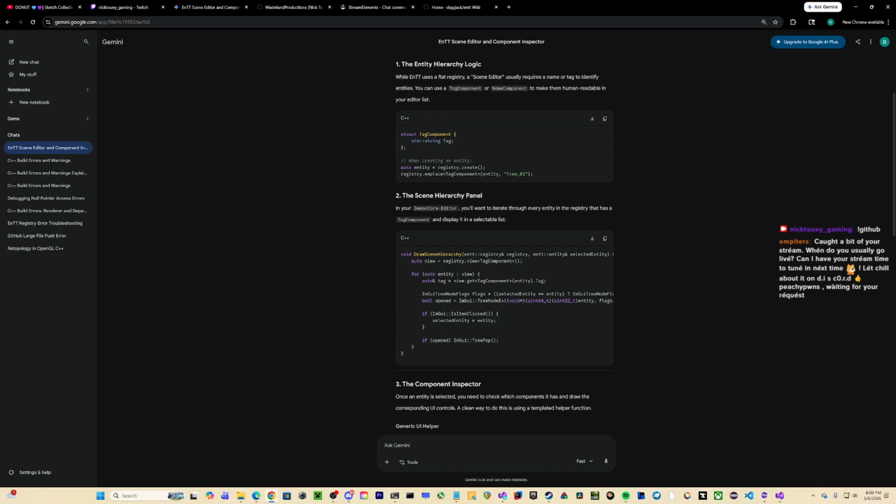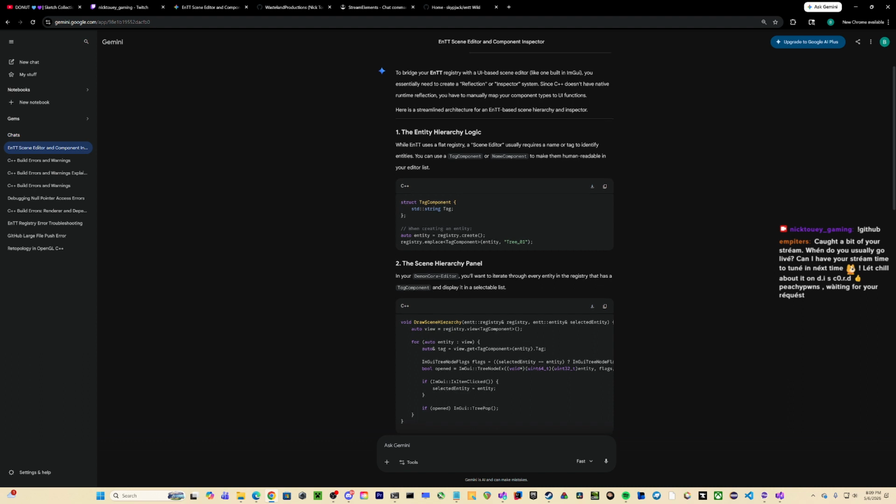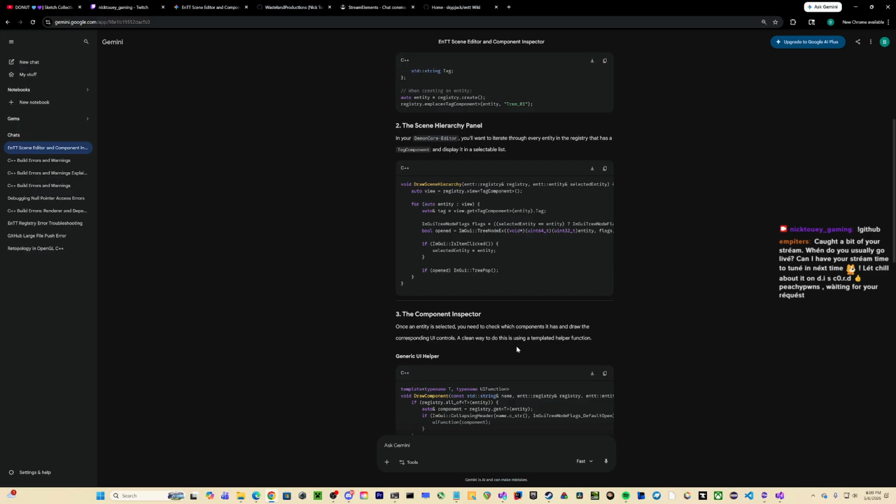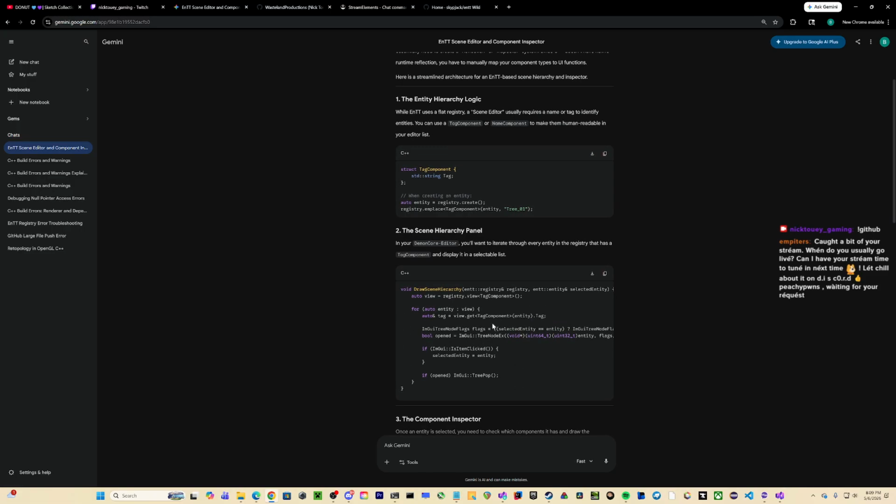Am I stupid? No, it has view. View should work, and I have to get it to get the component tag. No, wait. Yeah, no, it's registry view. Or no, registry get. So it is get. I'm just stupid for no reason.